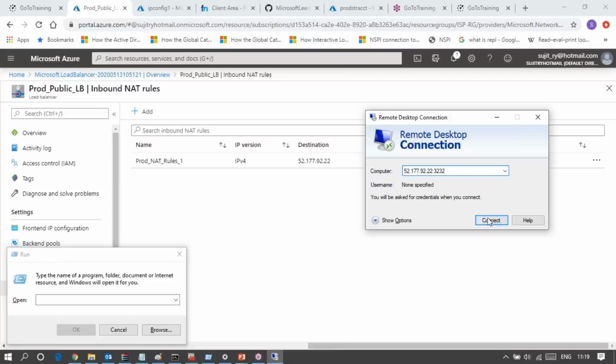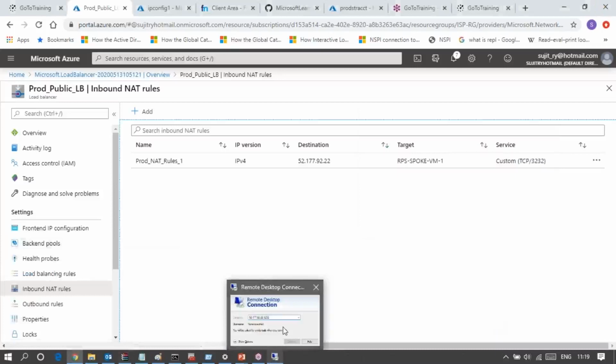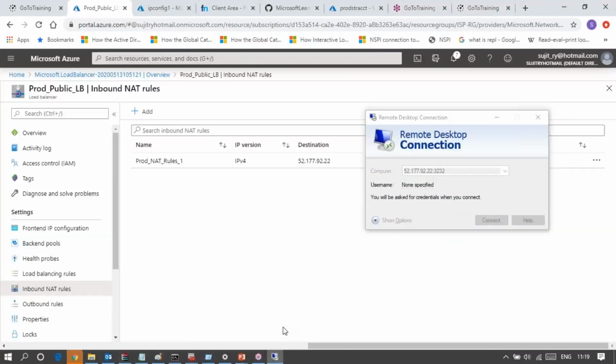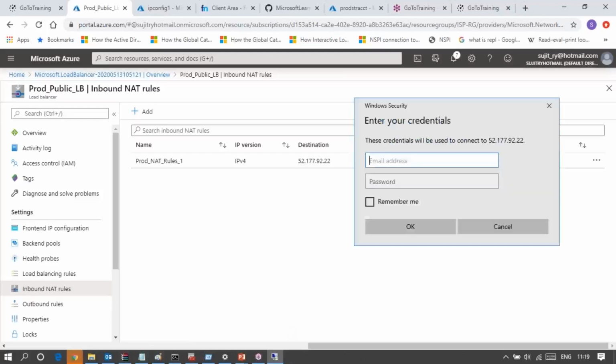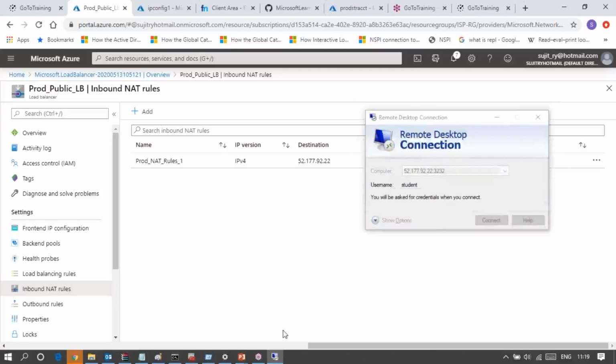And now I can do the connect. My administrative user is student, password is password, and try to establish the connection with my VM.